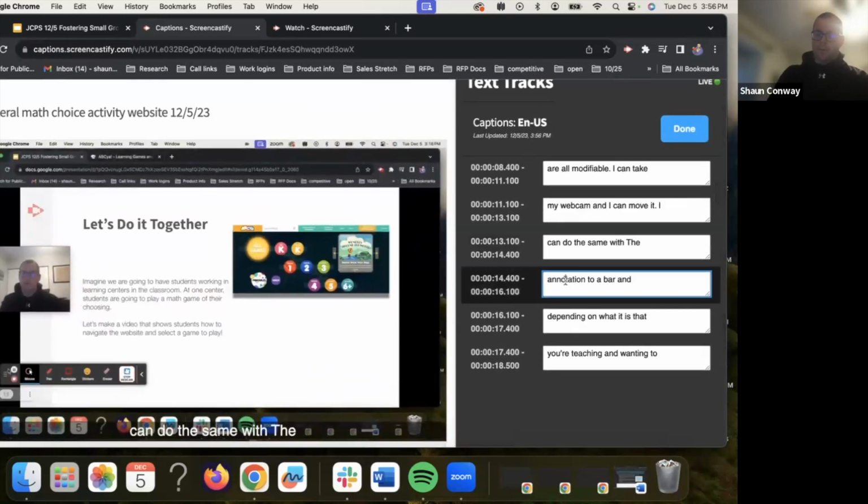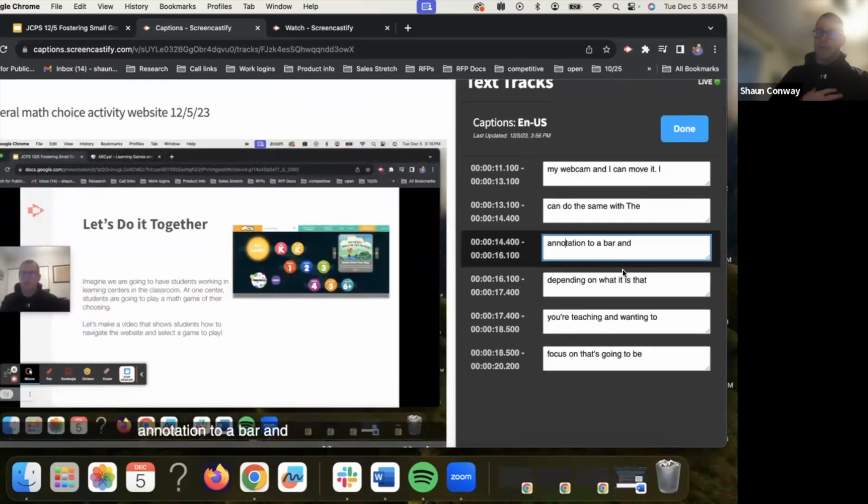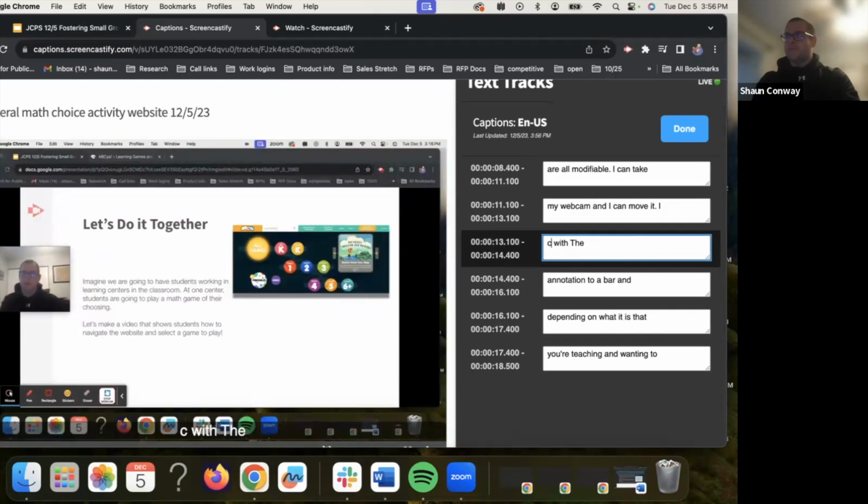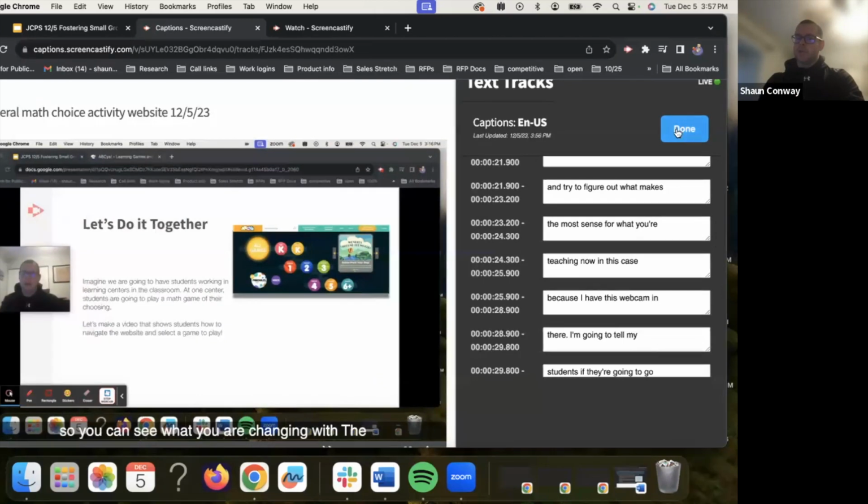And when I go through and I actually want to make changes, like my name is spelled Shaun, S-H-A-U-N, obviously, I would want students in my class to make sure that their names were spelled correctly. And when I make those changes, if you look on the screen, the text changes as I actually modify it in real time. So you can see what you are changing. And that's going to be what happens when you actually share that video out. So make any adjustments or changes as you want.